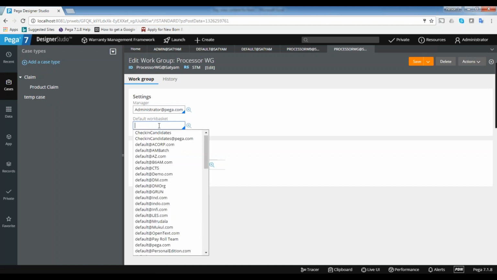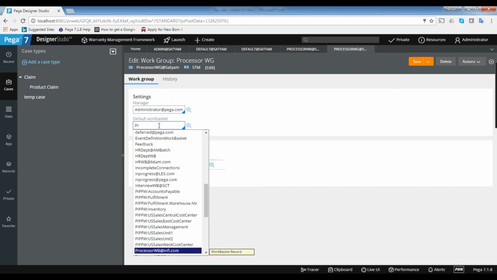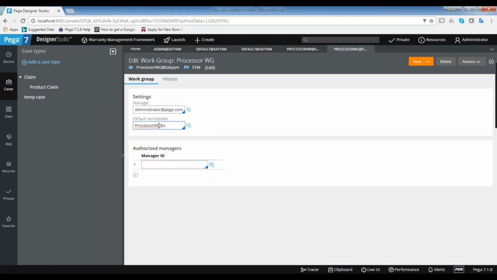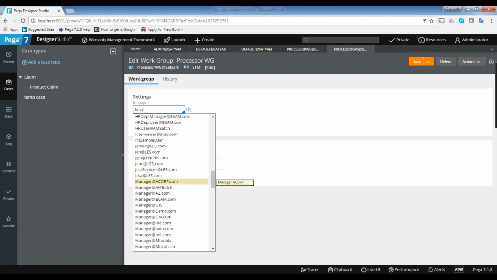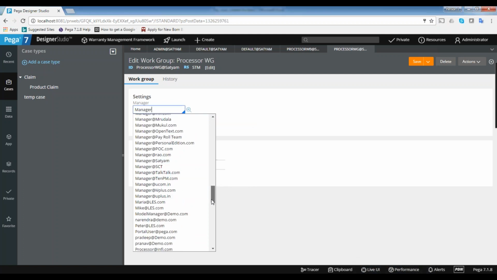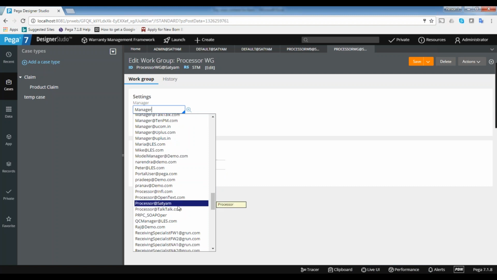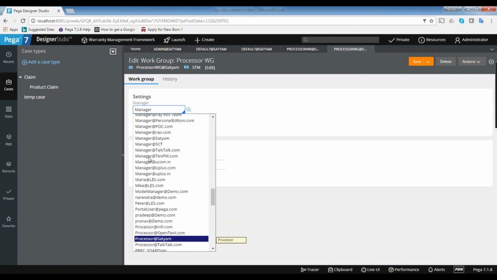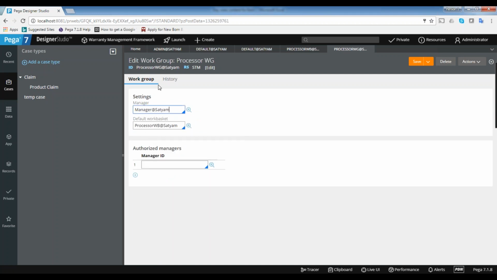Here I will use the default work basket for the processor group, which is the processor work basket. And the manager for this is manager at Satyam. Save it.